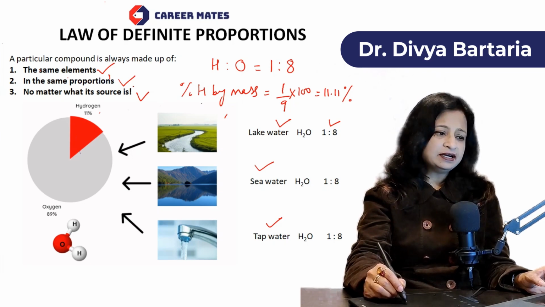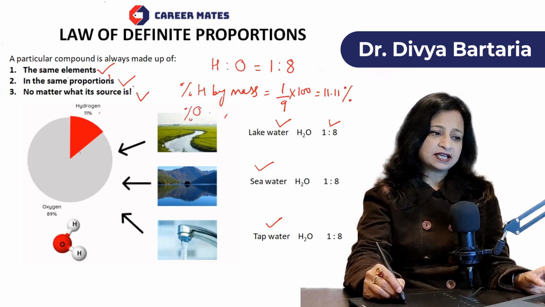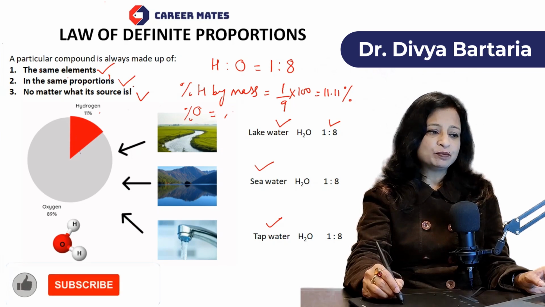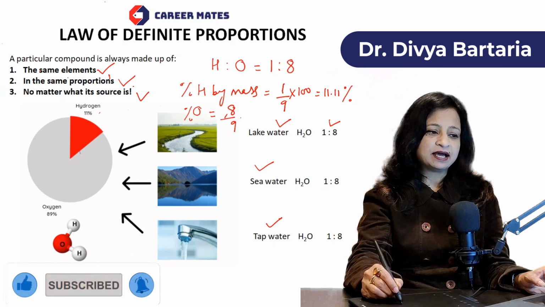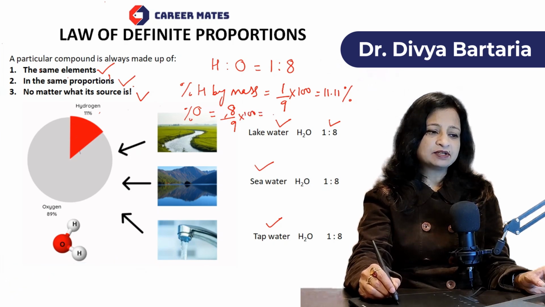Similarly, if we want to calculate the percentage of oxygen here, the percentage of oxygen would be 8/9 because the weight of oxygen is 8/9 into 100, and then it comes out to be